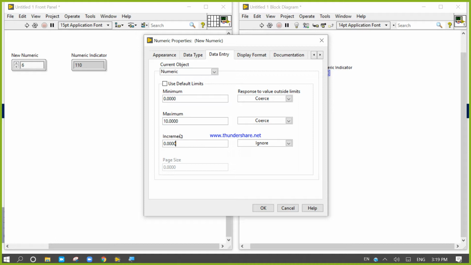And the increment size will be 0.5. Previously you saw that whenever we click up and down, it increments by 1, but now the increment will be 0.5, coerce to nearest.